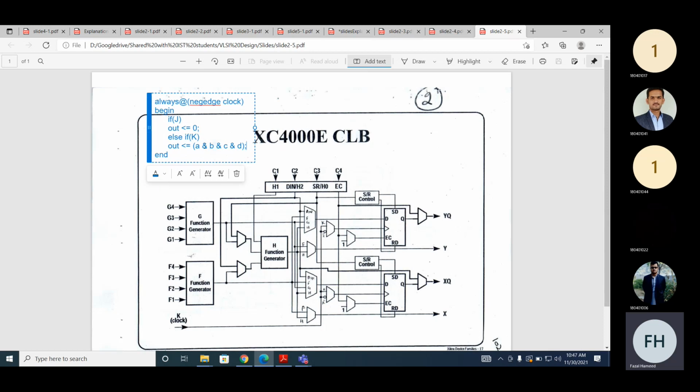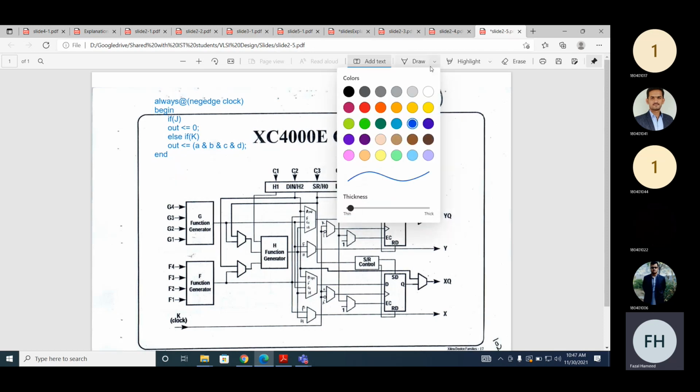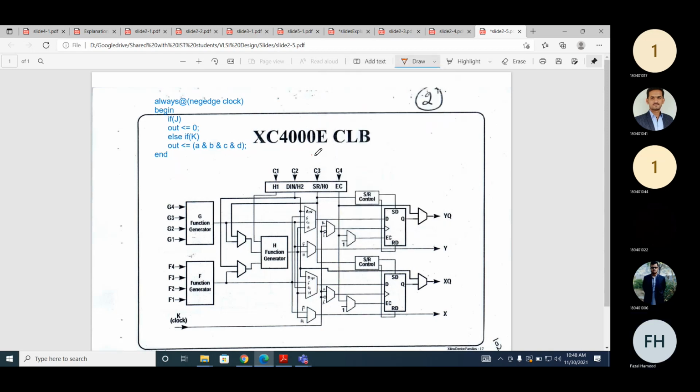Okay, now if you look here, we have used a reset. Output is initialized to 0. So now we will have a reset. Which signal are we using for the reset? J. So how can we do this? Now we have this J and then C3. J will be coming from here, and then it will go to the RD, reset control. Am I right or not?